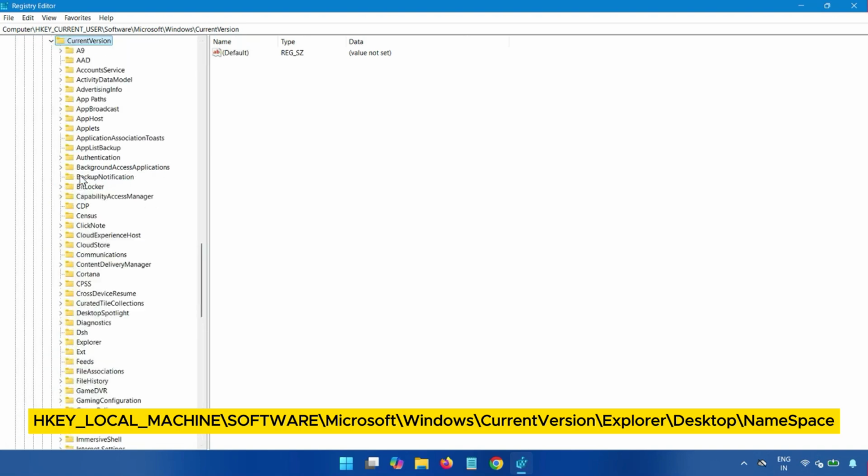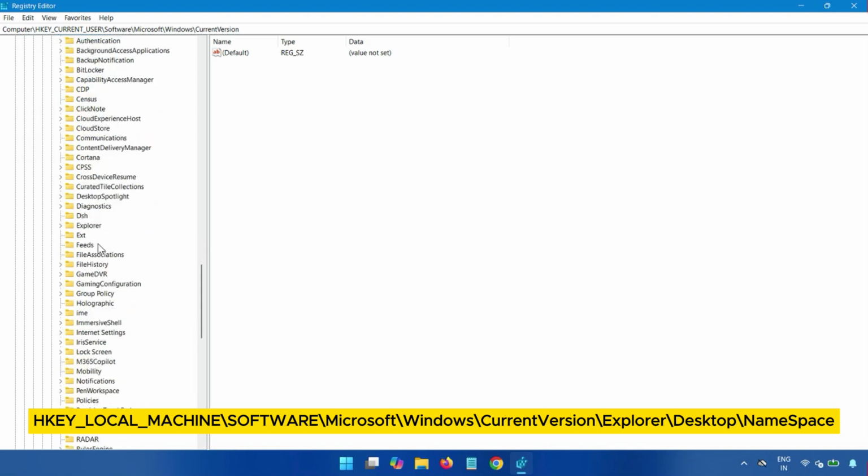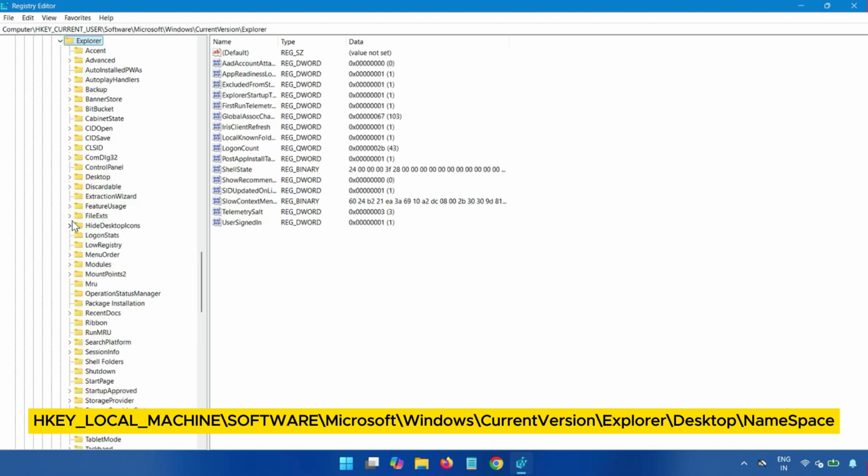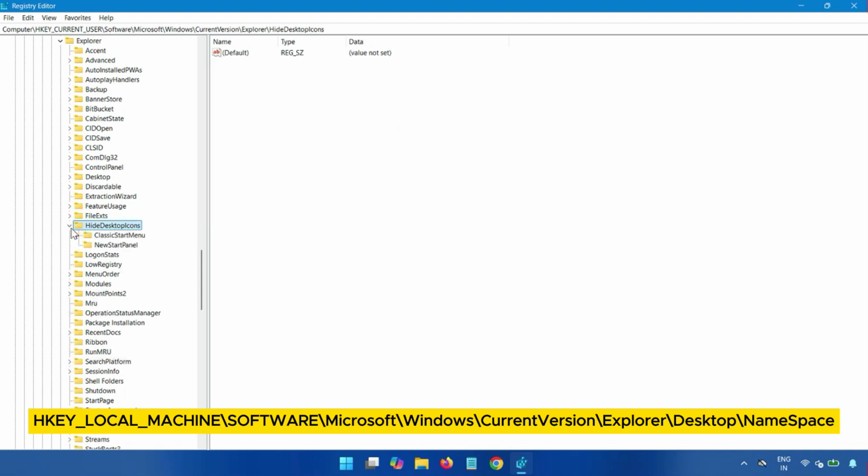and then Explorer. Come to the E series, Explorer, expand, and then HideDesktopIcons. H for Hidden, Desktop Icons, expand, then NewStartPanel. Okay,